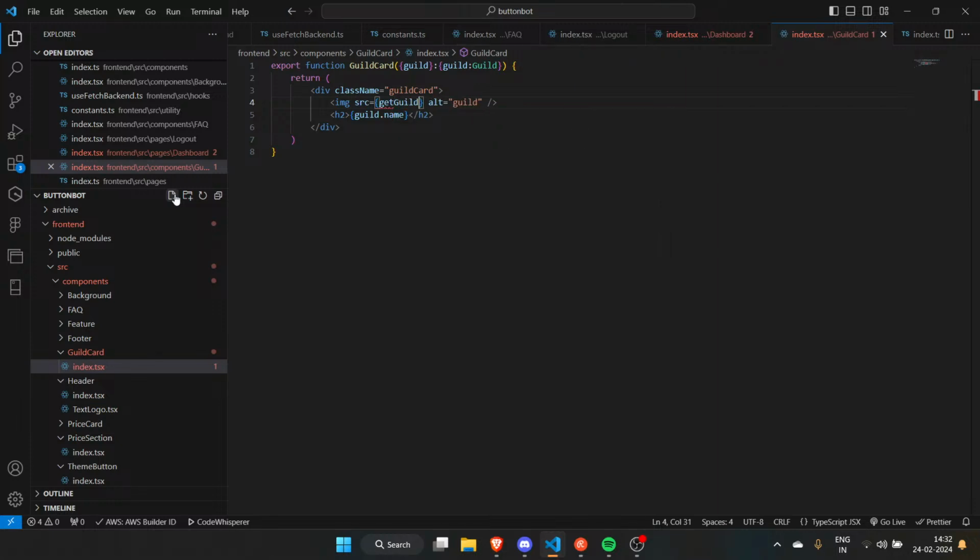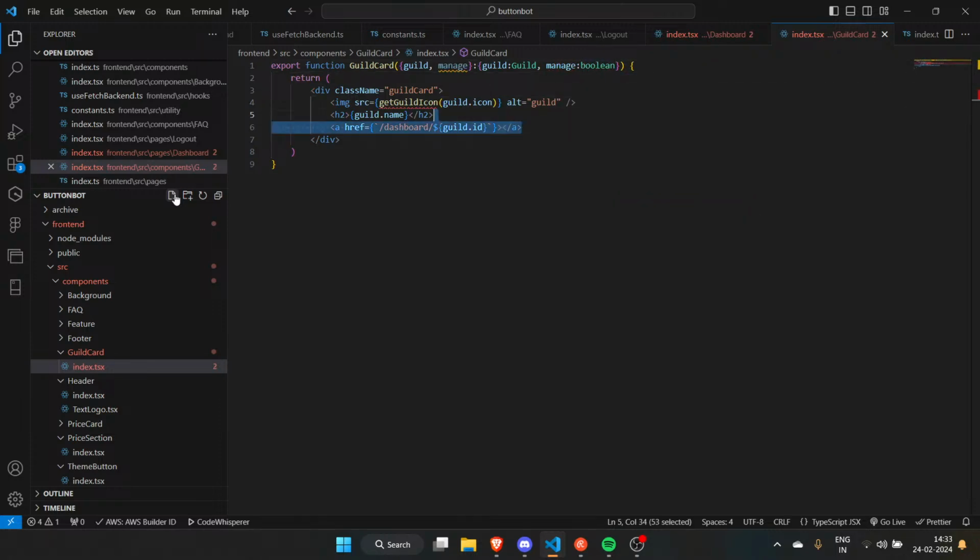Get guild icon. Now you might be wondering, why did I do that? Give me a bit. This thing will be equal to slash dashboard slash dollar guild.id. Now whether you have to manage or not, this thing is going to be a boolean.